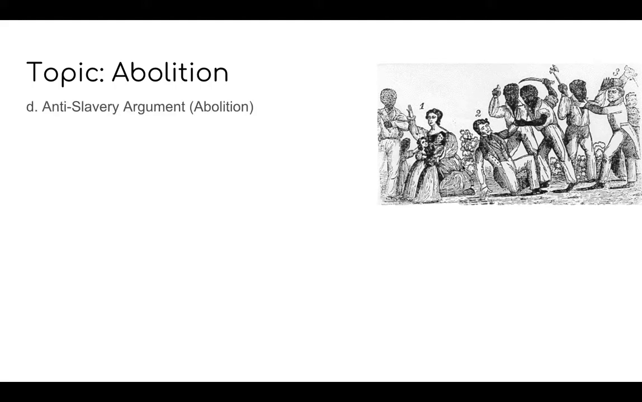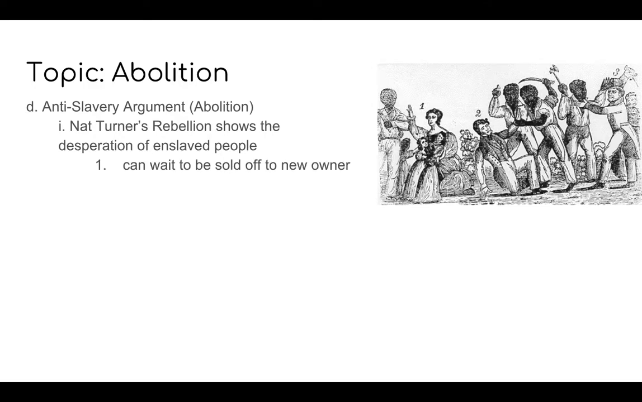So, anti-slavery argument. These are abolitionists, and they're looking at the Nat Turner Rebellion, and this is their argument. Lowercase i, Nat Turner's rebellion shows the desperation of enslaved people. They are put into such horrible conditions that this is one of the only ways they can respond to their treatment. And they actually contend that,